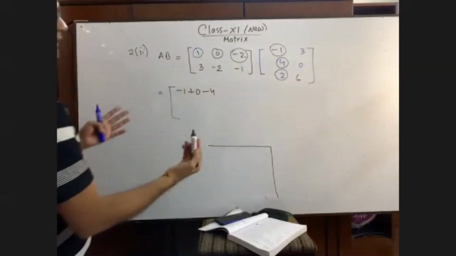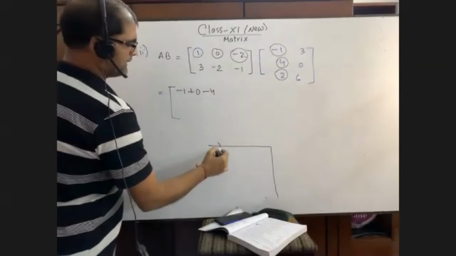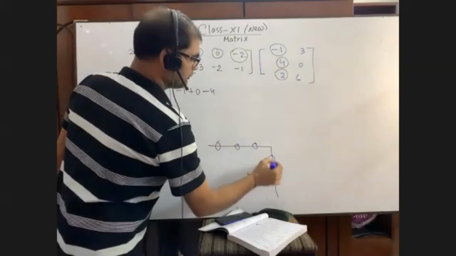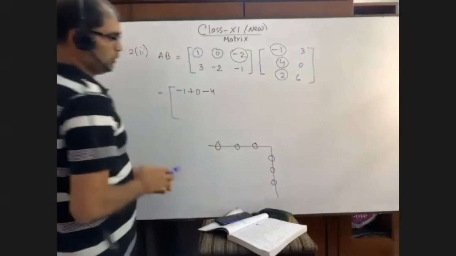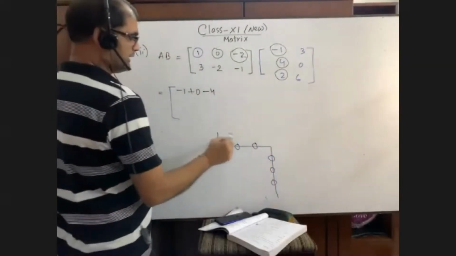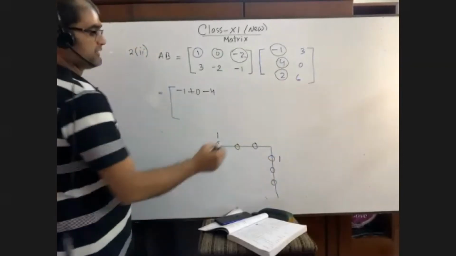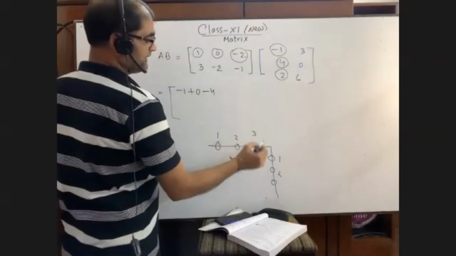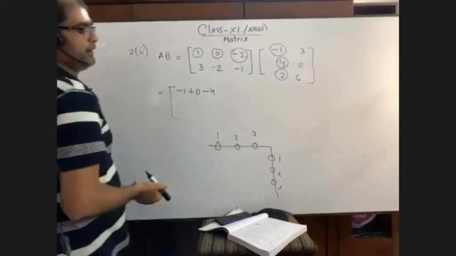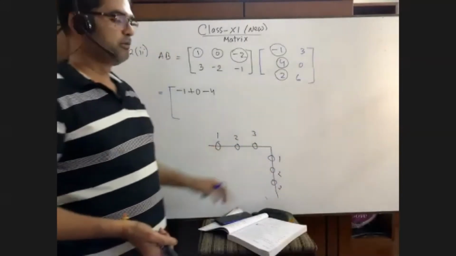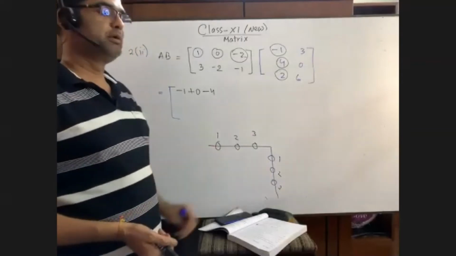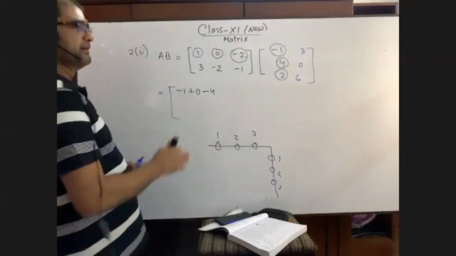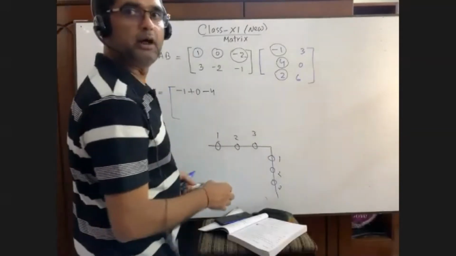Okay, you see I have done it in this way, this and this. Now suppose this and this, we have to multiply it. Suppose this is first and this one will be multiplied. Suppose this is second, it will be multiplied. Suppose this is third, it will be multiplied. First will be multiplied, second will be multiplied, third will be multiplied, and at last they'll be added. This is the main formula to do this math.